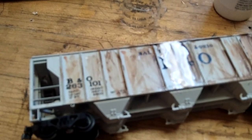I'm going to start doing model railroad videos. So, this is my Baltimore and Ohio weathered car. I got all the weathering. I got some cement spillage right here. The cement is all there. I got all the rust, all that